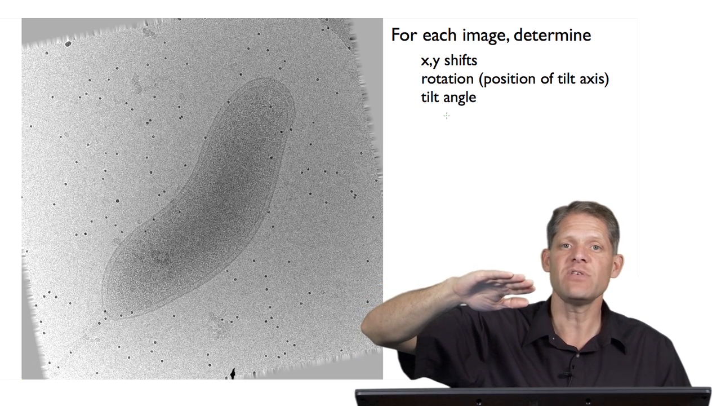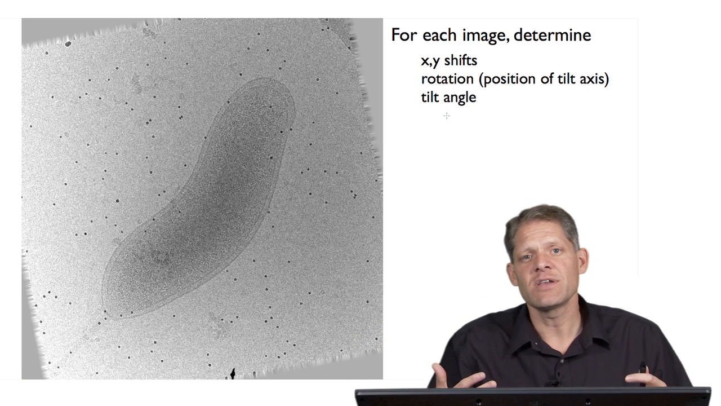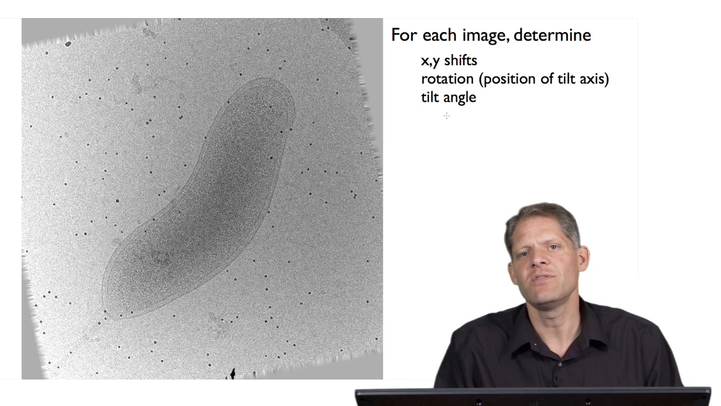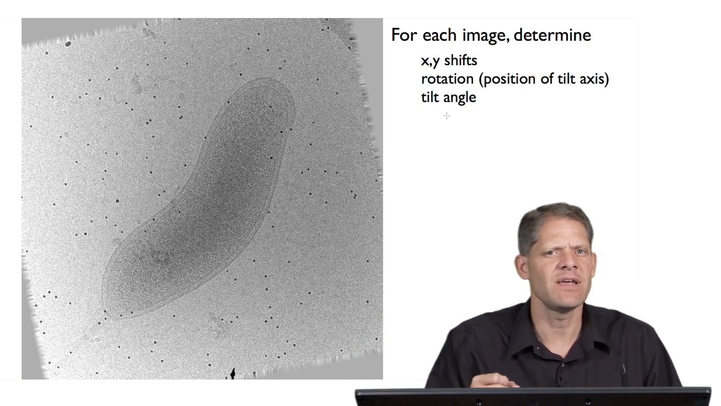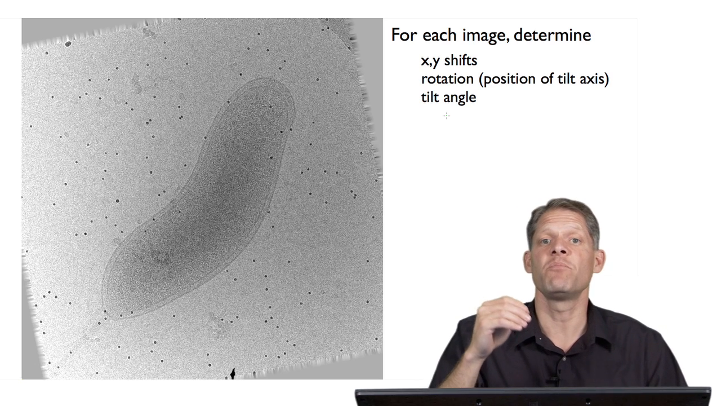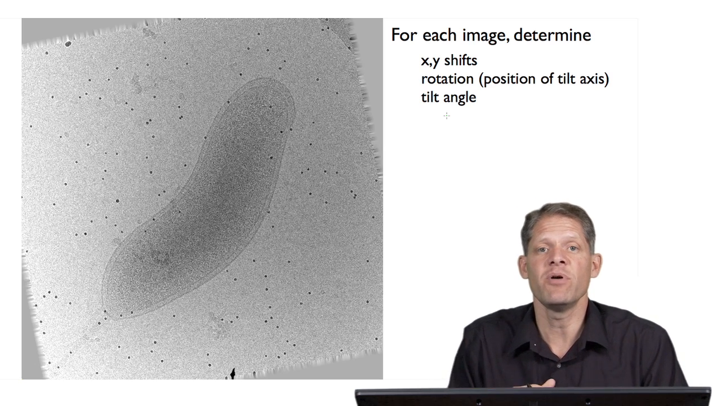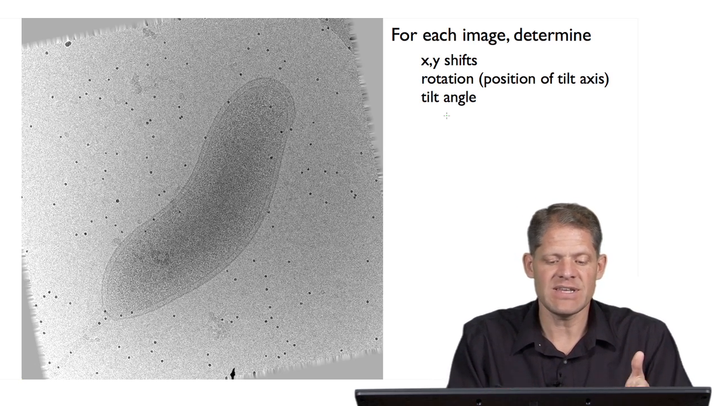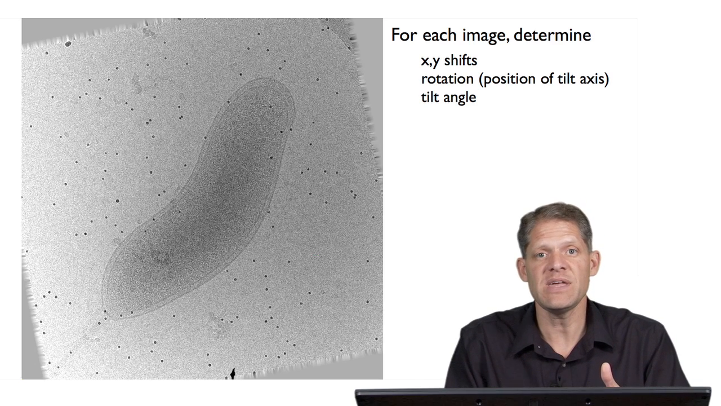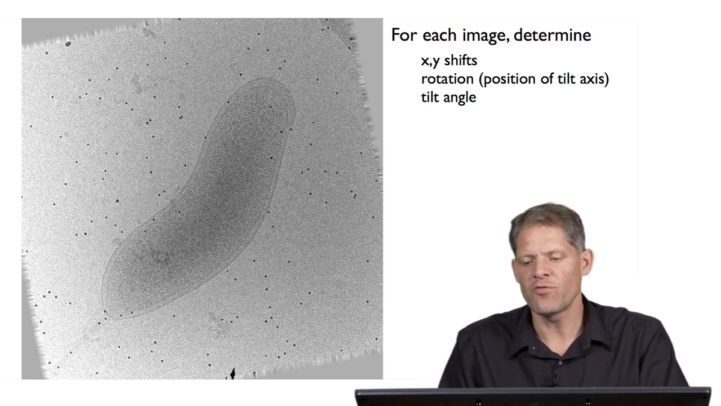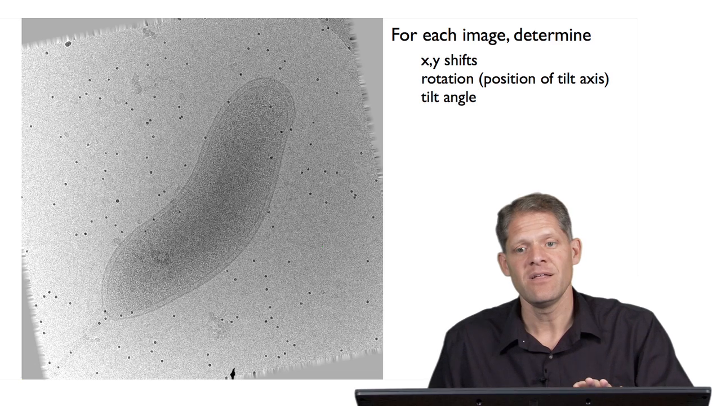And it tries to do that. But it's never perfect. And so the actual angle that the sample might have been tilted is not exactly 1 degree. It might have been 1.1 degrees or maybe 0.9 degrees. And you can detect that from the positions of the gold beads in the images. And so for each image, we refine the